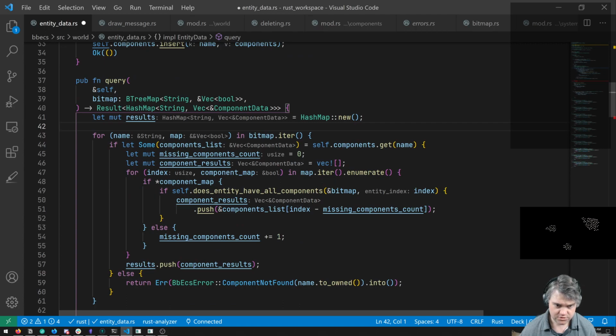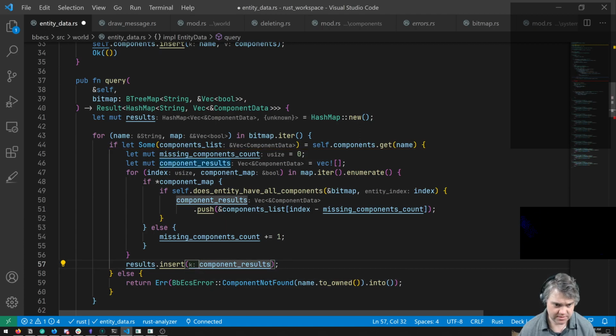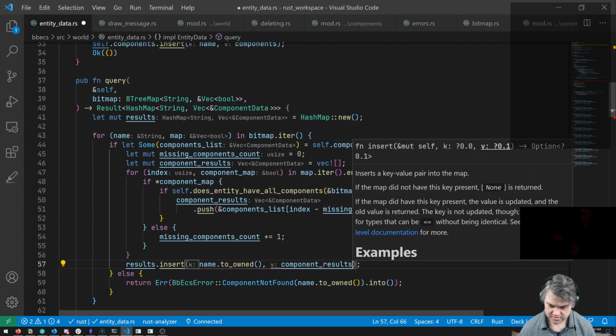Then, okay, so coming out of here, we're all fine. We have the component results here. So we're pushing in the component results that we care about. And then where we're doing results push, this is actually going to be an insert. And then our key is going to be the name, .toOwned, and then the component results.